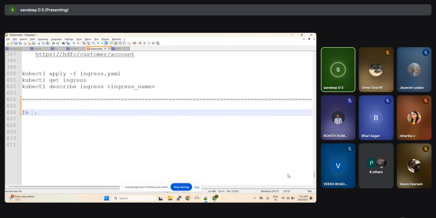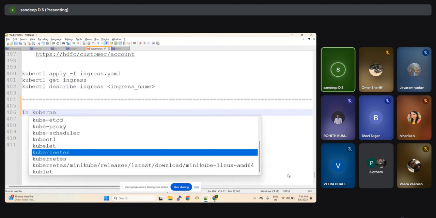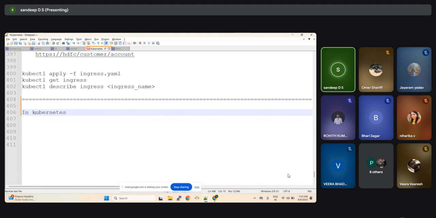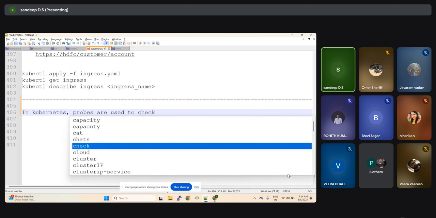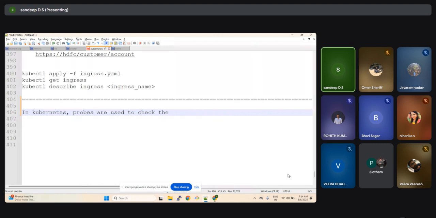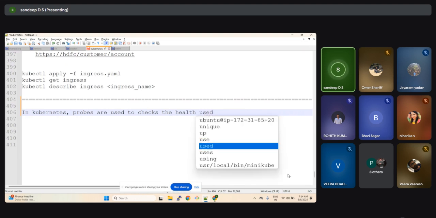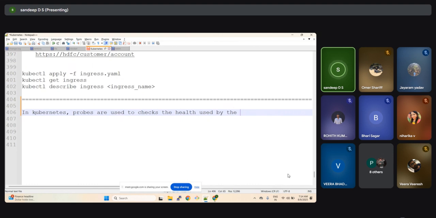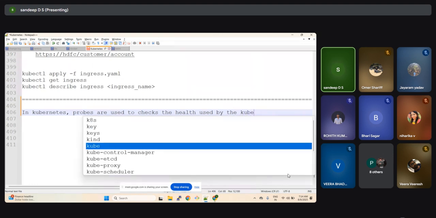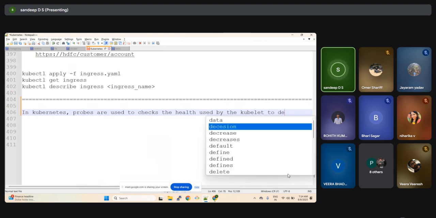So basically, I was saying probes in Kubernetes. I'll give a statement. In Kubernetes, probes are used to check the health, used by the kubelet to determine